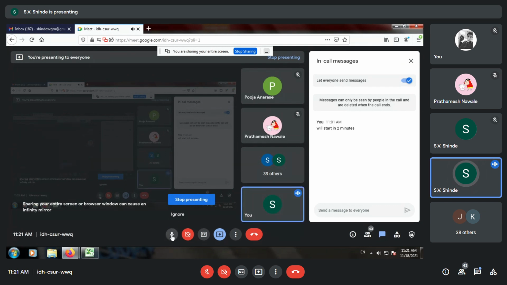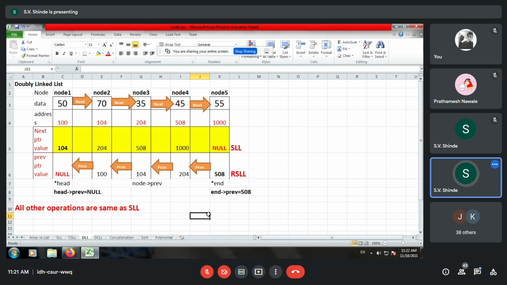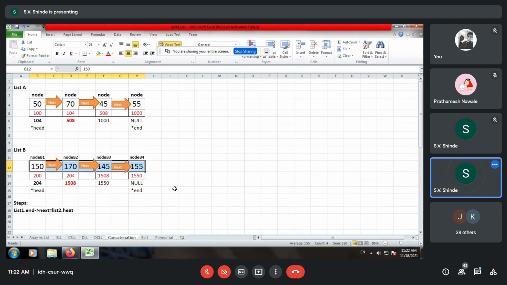So as far as single linked list is concerned, we will see how it can be used and why to use SLL, that is single linked list, and not circular linked list. So the answer is some of the applications where we have memory efficient programs, so you can use SLL. So one of the operation is concatenation.